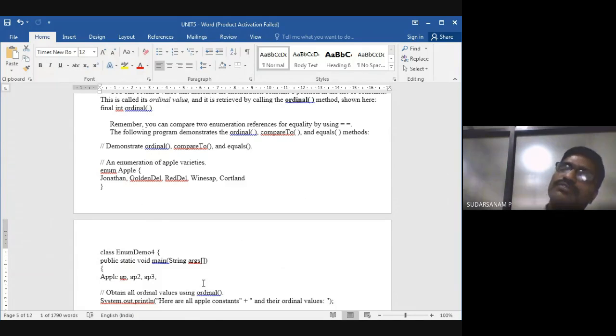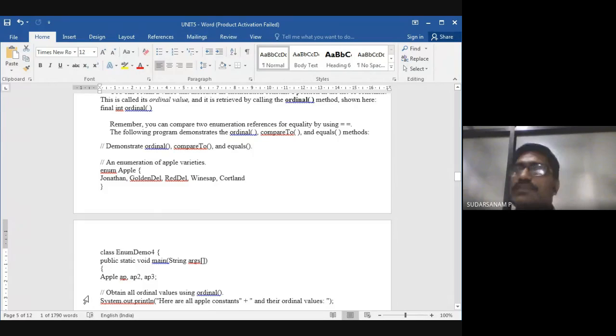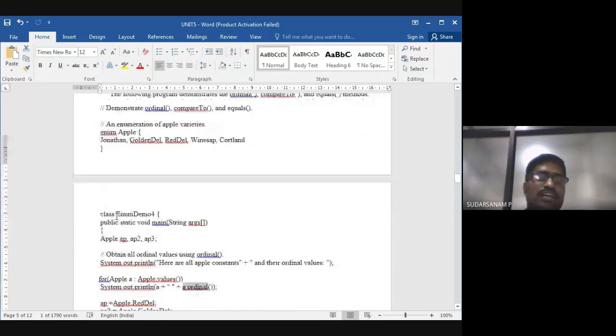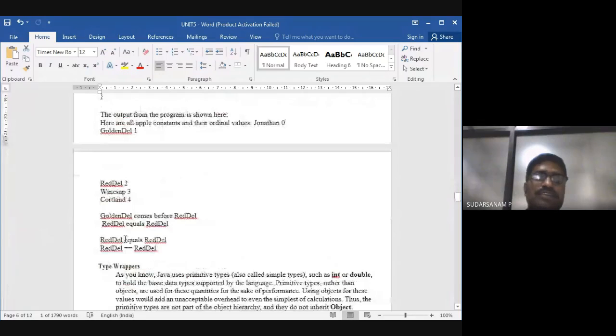Another one is how to take the default values, and whether those enumerated data type values are equal, less than or greater than, I can find out using the default values. Apart from that, in enumeration we have learned how to write the method, how to write the constructor, how to assign the values, and how to write the method name also. This is what we have seen. In the next class we'll be seeing autoboxing and unboxing, how to write the unboxing and boxing values.